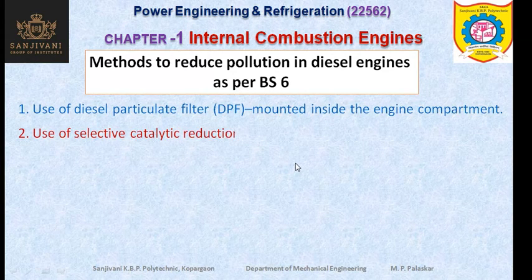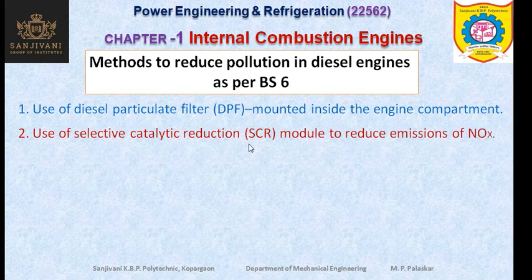Now the second method is the use of the selective catalytic reduction module, SCR module, to reduce emissions of NOx. Nitrogen oxide emissions can be reduced by the use of selective catalytic reduction. That means the catalytic reduction of the exhaust gases is carried out. Reduction is opposite to oxidation. So this process is carried out, and due to this process we can